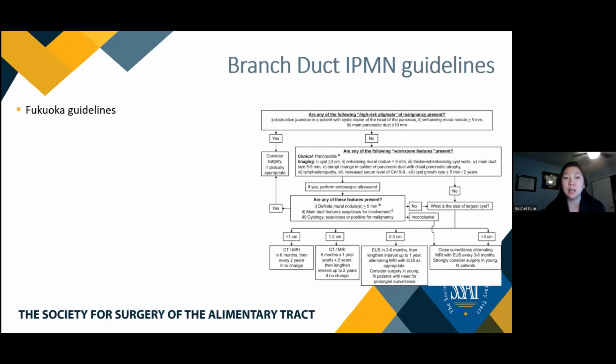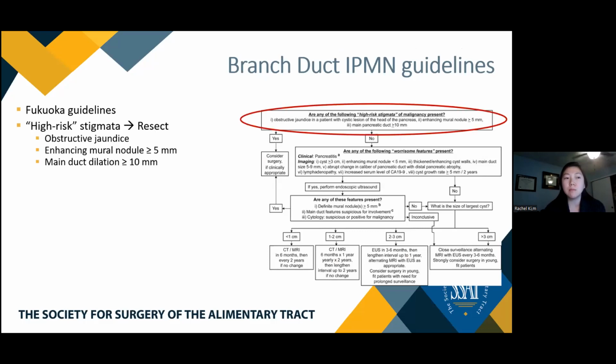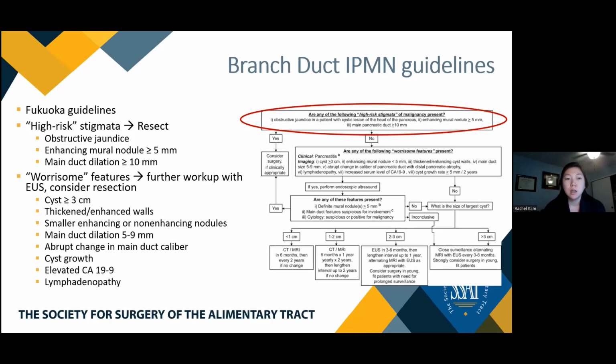They're called the Fukuoka guidelines, most recently updated in 2016. I think for the ABSITE, if you want to focus on one part of this to know, it's the high risk stigmata. If the branch duct IPMNs have any signs of these high risk stigmata, you definitely want to recommend resection, and that includes obstructing jaundice, enhancing mural nodules, and a main duct dilation greater than 10 millimeters or 1 centimeter. The Fukuoka also classifies worrisome features, so that's sort of the next tier,